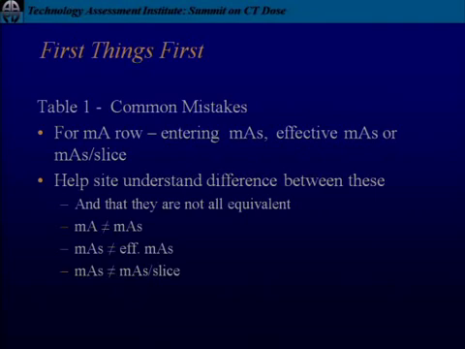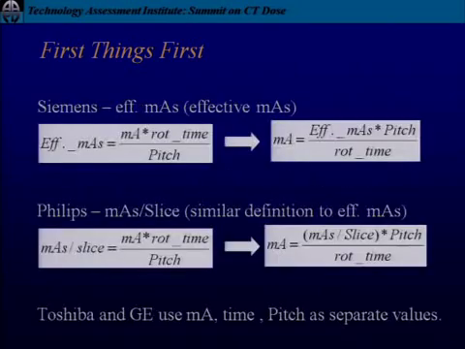So we have to help the site understand the difference between these and the fact that they are not equivalent. I see submissions. I'm a reviewer. I've been part of the program since the beginning, and I see sites that say MA and in parentheses MAS, and sometimes that's right. And I see sometimes they put a value in there that's really effective MAS. So I'm going to walk through this for just a second and go through just a little bit of the details. I'm sorry if this is redundant for some of you, but I thought this would be important because Siemens